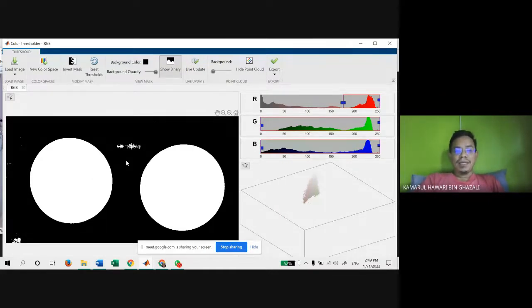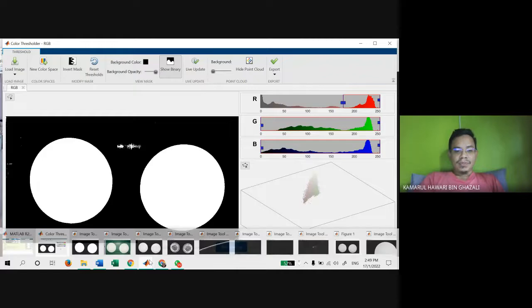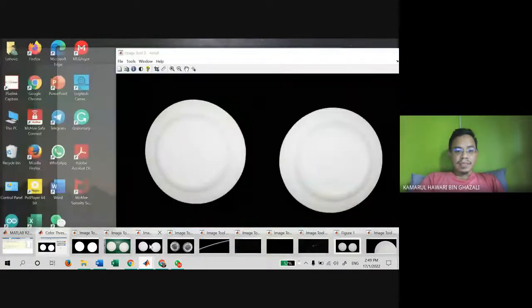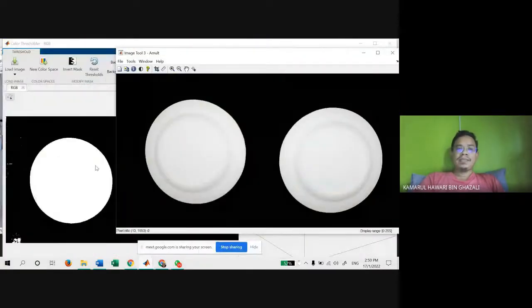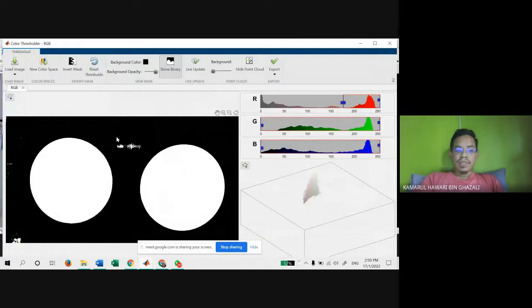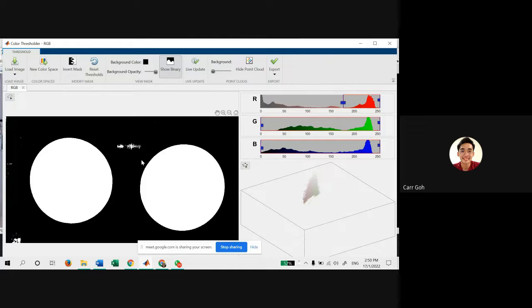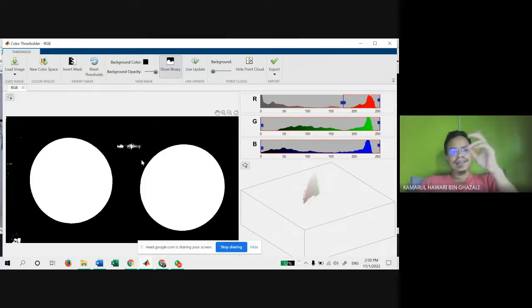But this one, how can my coding get this final output? I mean, how can my coding remove this one? By finding the area for the region of interest. Yes, you got it already. Good, very good. But in your case,